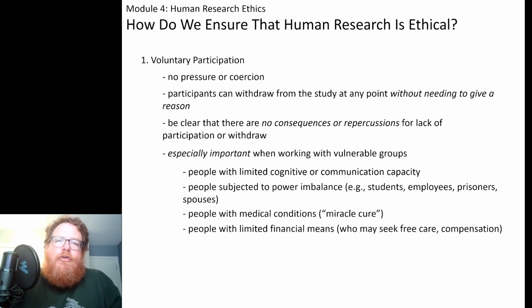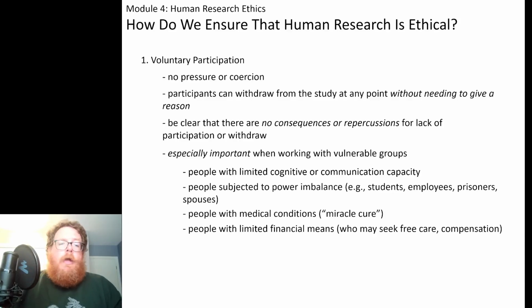People with limited financial means, we also have to be careful here too, because one of the things it talks about is they might seek free care. I think this is a bit more important in the United States, where you have to pay for all your health care. But even in Canada, there are certain aspects of healthcare that we pay for, dental care, eye care, these sorts of things. So, if you're doing a study where you're saying, okay, we want to do a study to assess this new drug for cataracts or something, you don't necessarily want people again coming into your study simply